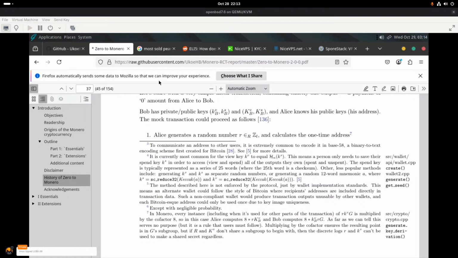The spend key is typically represented as a series of 25 words, where the 25th word is a checksum. Other, less popular methods include generating k_s and k_v as separate random numbers, or generating a random 12-word mnemonic. This method described here is not enforced by the protocol, just by wallet implementation standards. This means an alternate wallet could follow the style of Bitcoin, where